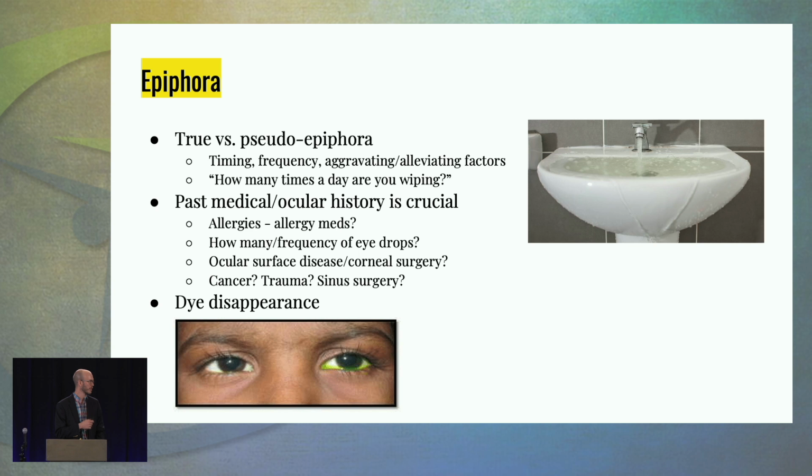And then, of course, ocular surface disease. And I love the dye disappearance test, especially if they've got asymmetric tearing complaints. I tell my technicians to put a drop in, because it's usually about 5 minutes between when I'm wrapping up with the patient in front of them and I'm going into the room. And if I come in and the patient is complaining of a left-sided tearing and now the dye is not going away on that side, that tells me almost without even having to irrigate the patient that they've got an obstruction or at least decreased flow.